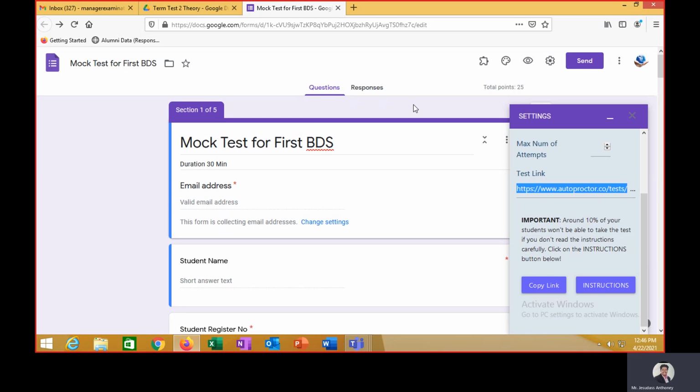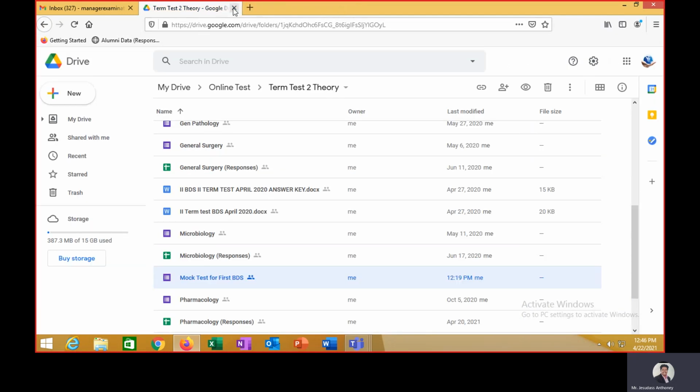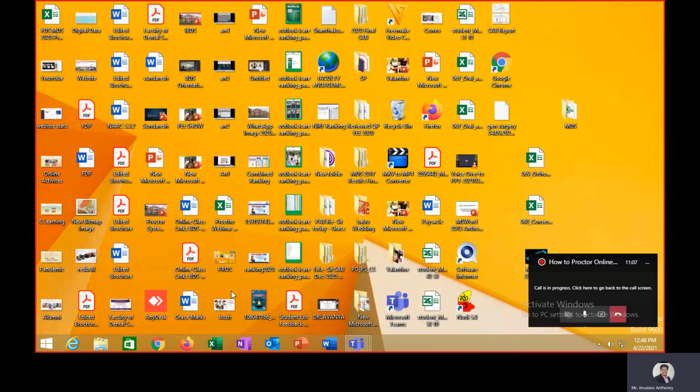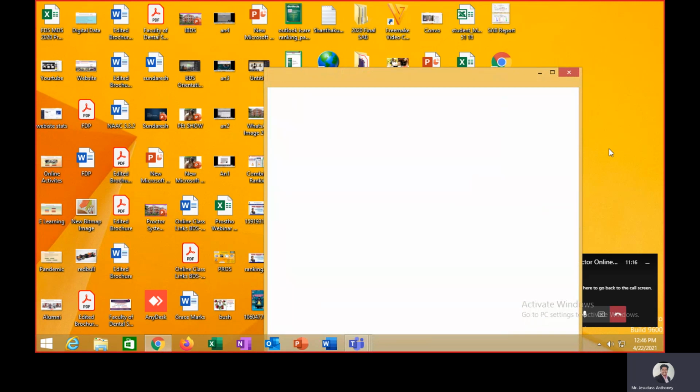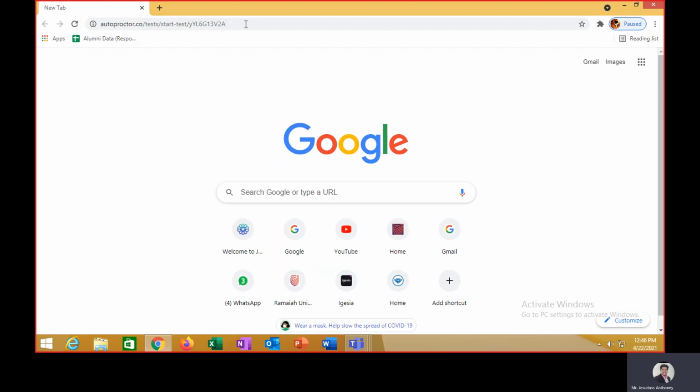Now, as a student, I'll be getting this link. I'll show you as a student what all the things are which I will be asked for when accessing. Now I'll close all these things. Now, suppose the student has got the link and is trying to open it through WhatsApp, a mobile phone, or a laptop. So he got the link, and he's pasting the link.